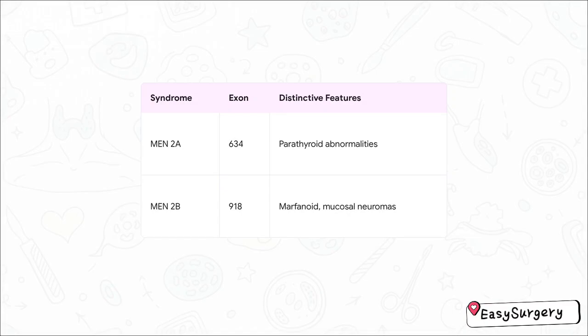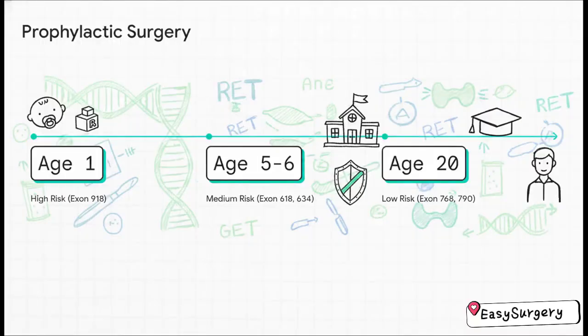But MEN2A, or Sipple syndrome, is driven by exon 634 and features pheochromocytomas and parathyroid issues. MEN2B, on the other hand, driven by exon 918, is just viciously aggressive. It lacks the parathyroid issues, but it features distinct marfanoid physical traits, mucosal neuromas on the tongue and lips, and megacolon. Because medullary cancer in these syndromes is just so deadly, we routinely test first-degree relatives for RET mutations and